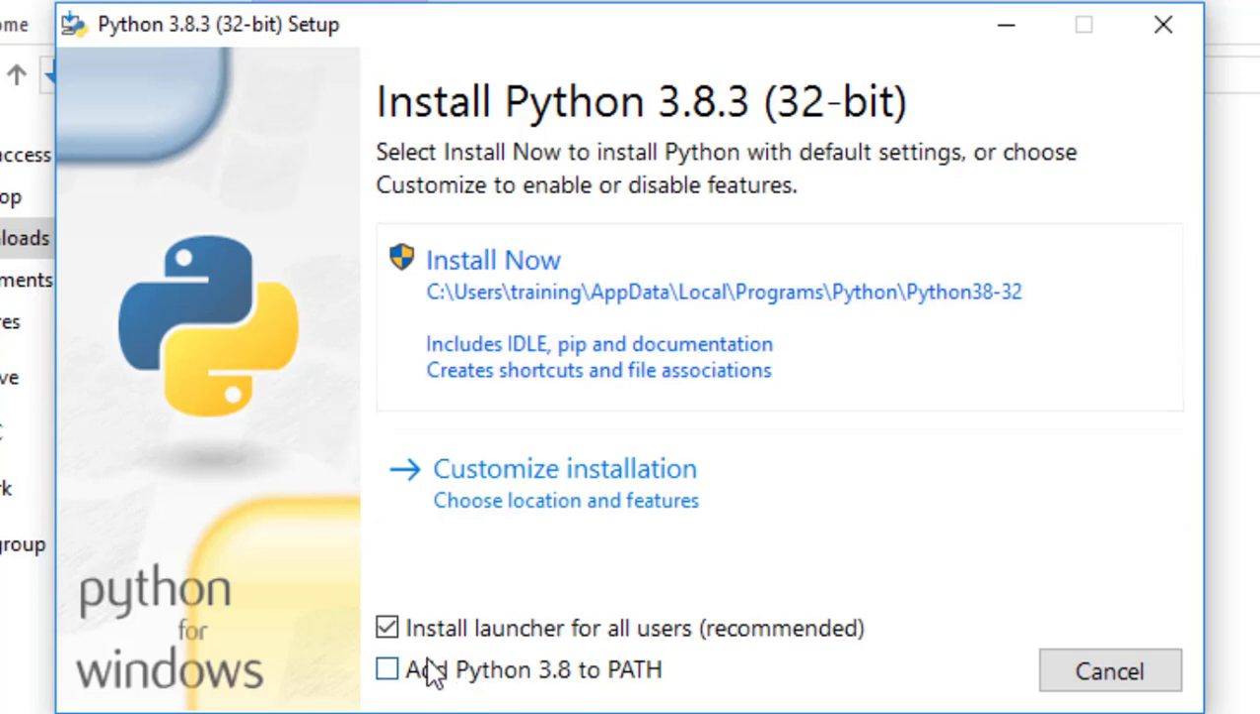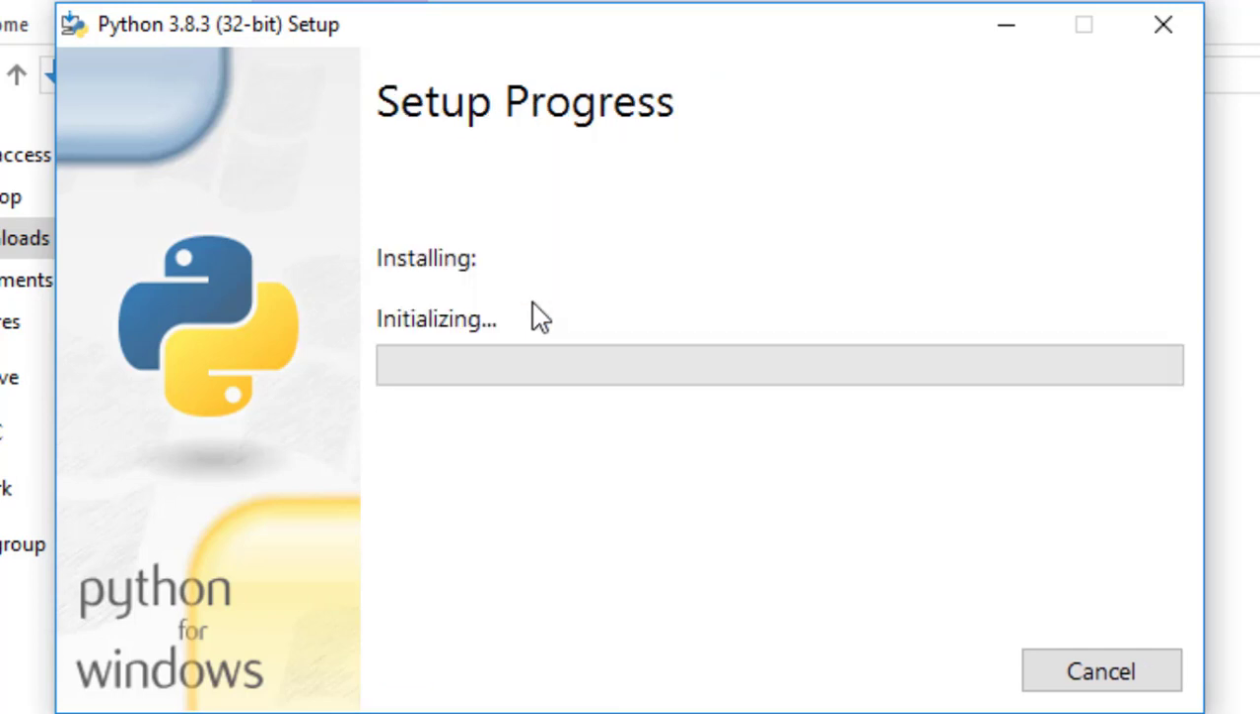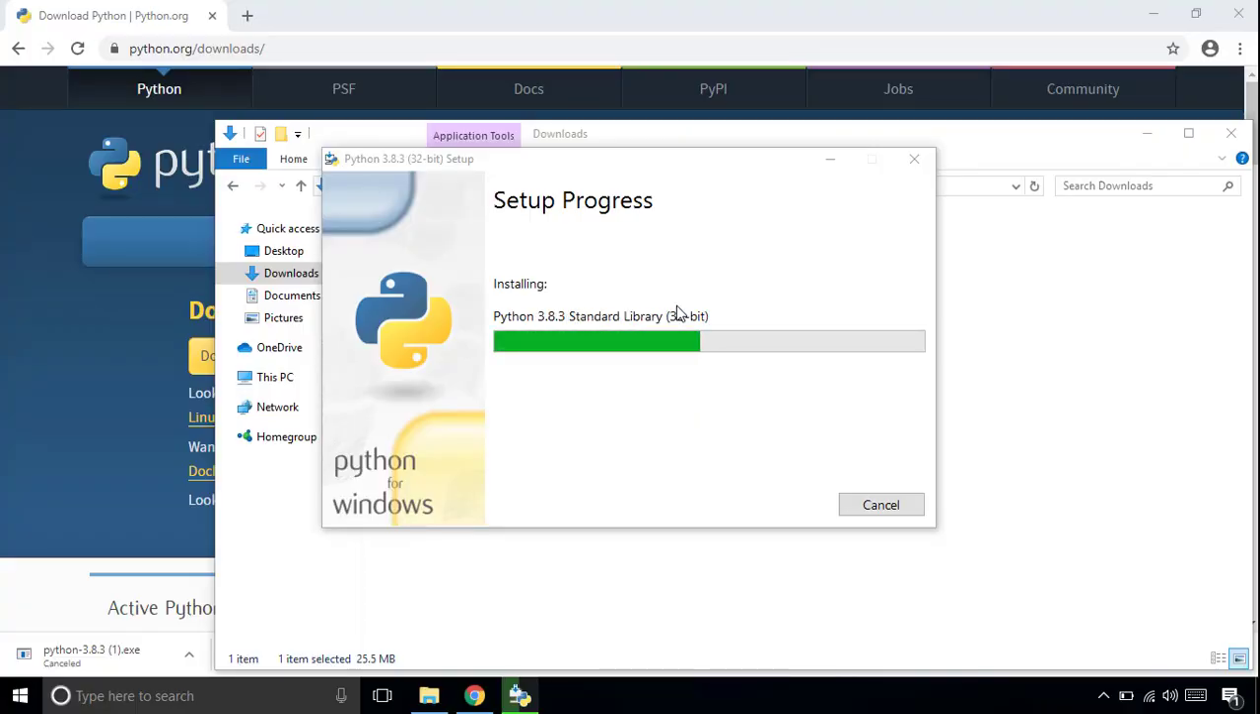And you can also add Python to the path variable and that will make sure that Python is available without setting up any system environment variables. So I will click on this one and I will click on install now and it will start the installation process. It will ask you for the admin privileges and you have to click yes, and it's starting to install